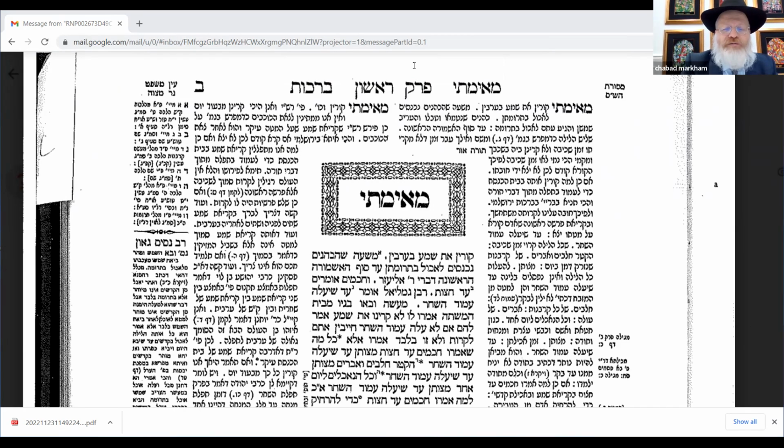Brachot is the first tractate of the entire Talmud. Remember we said there are 6 orders of the Mishnah, 6 orders of the Talmud. And the first tractate of the order of Zra'im, of planting, agricultural laws, is Brachot. And that's pretty obvious because, before you eat, you have to make blessings. You make blessings on the fruit from the tree and the fruit from the ground and the vegetables. We make brachos on everything we eat.